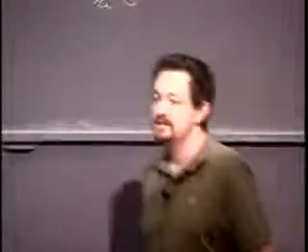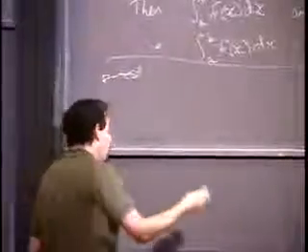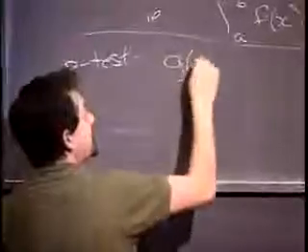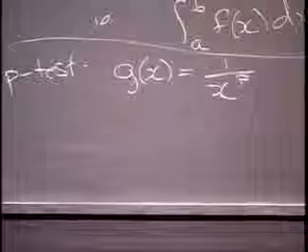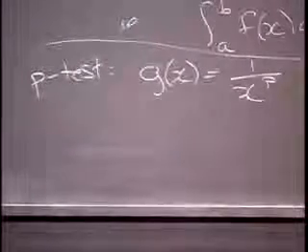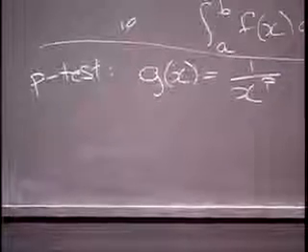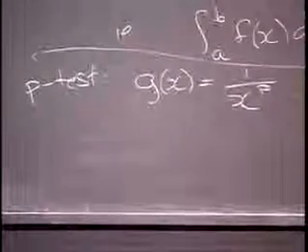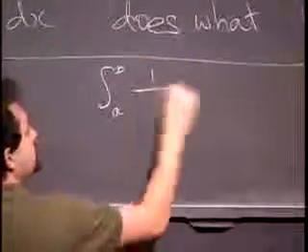Again, I will give you some scope of how to choose the g. In fact, the last test that I'm going to go over right now is the p test, and that basically tells you that we're almost all the time going to choose g of x to be 1 over x to the p. No matter what our function is, we're going to choose g of x as 1 over x to the p, but you have to be clever about selecting which p. And the p test tells you about these new integrals of g. So in particular, just to remind you what it says,